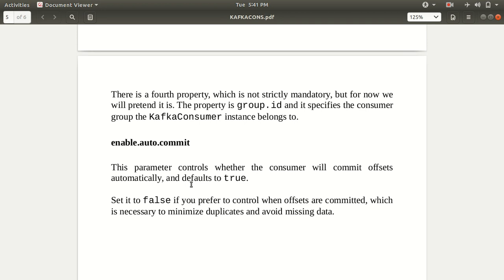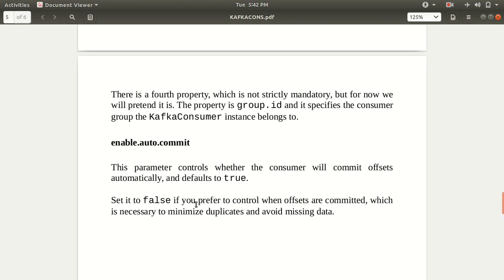If we keep this property, there's no overhead on us, as the offsets will be committed automatically. Otherwise, if we set it to false, then we can control it as per our requirement. In this practical, we do not want to configure this on our own, so we are keeping it default, meaning the offset will be committed automatically.